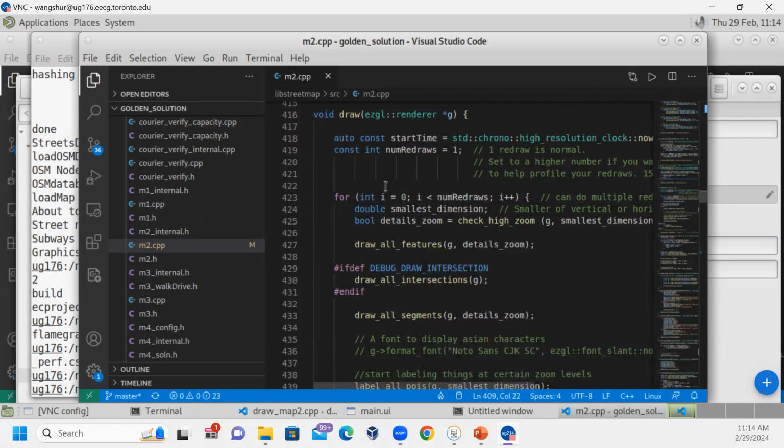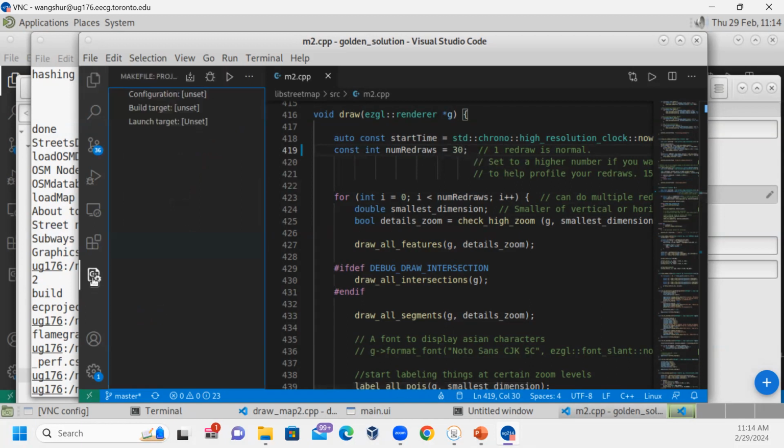In the draw function, I'm looping it by the number of redraws. I'm going to change this one to 30 as I just said. And then in your makefile,